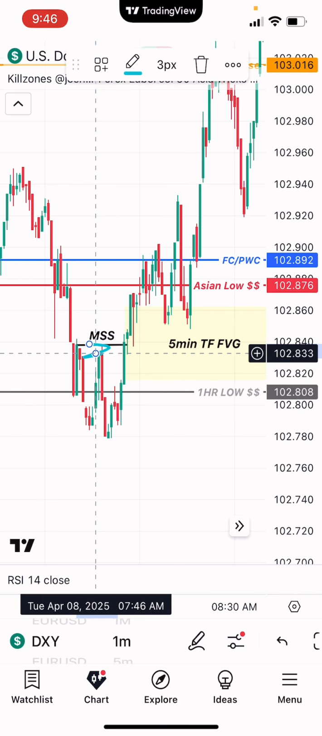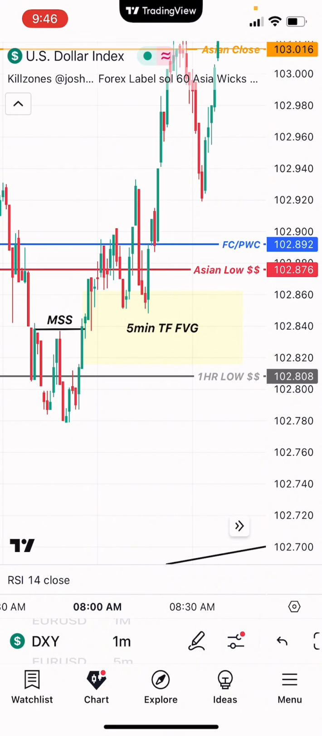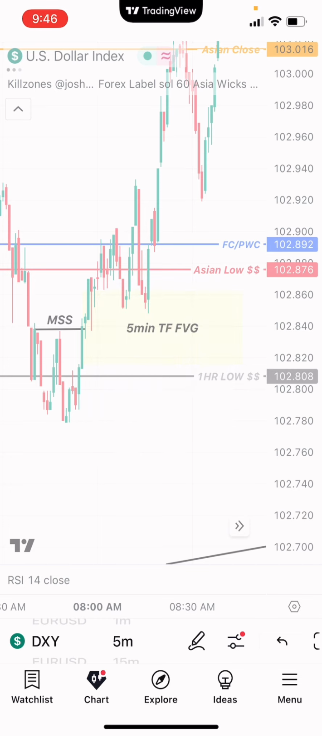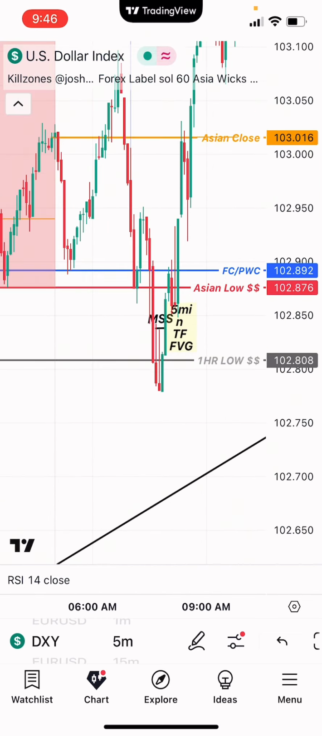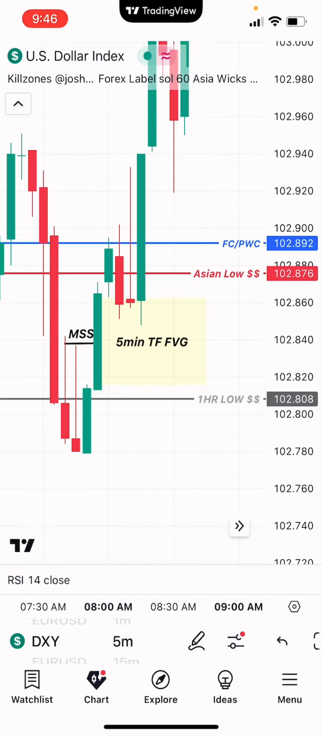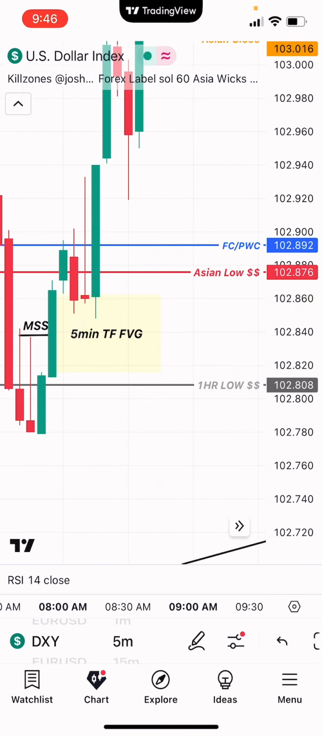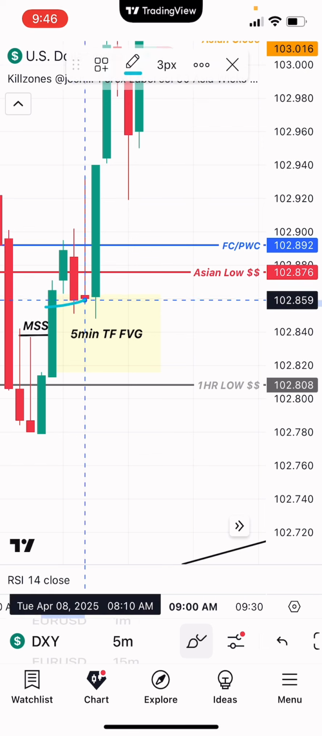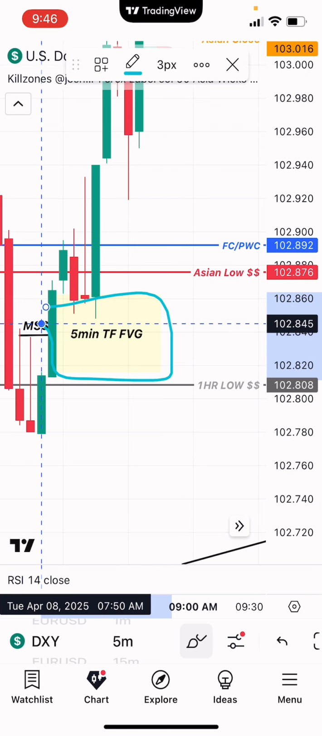So as I saw that market structure shift, I checked the 5-minute time frame to see maybe there is a higher time frame point of interest which will serve as my entry model. And then I saw this fair value gap. And you all know, any point of interest,